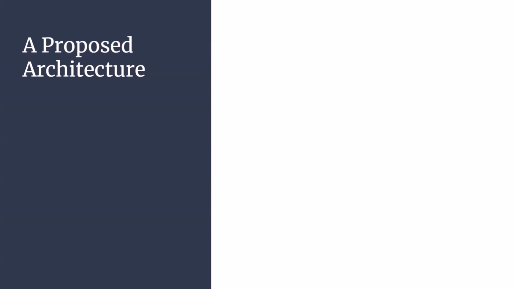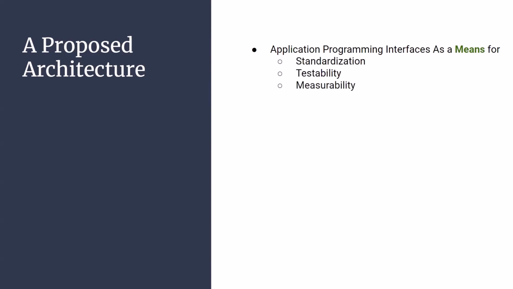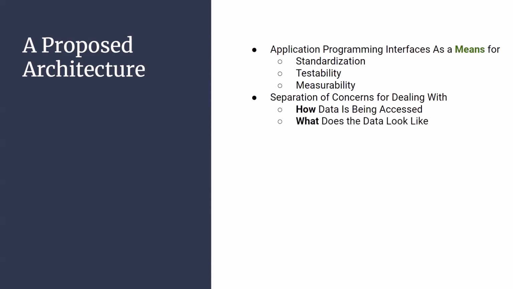So up to this point, we've discussed and hinted towards why and how API-based data access can be beneficial to your enterprise. We've seen that an API-based approach for data access can be an enabler for providing our system design positive properties. In particular, we understand that it allows us to standardize, test, and measure our data access in a manner which allows us to separate system concerns, which is a good thing, right? After all, how data is being accessed is a different question than what does the data look like.